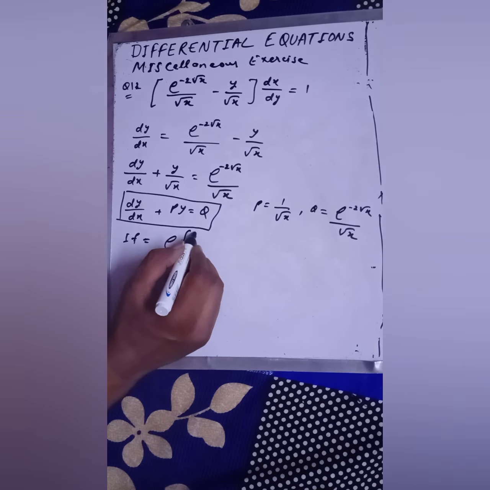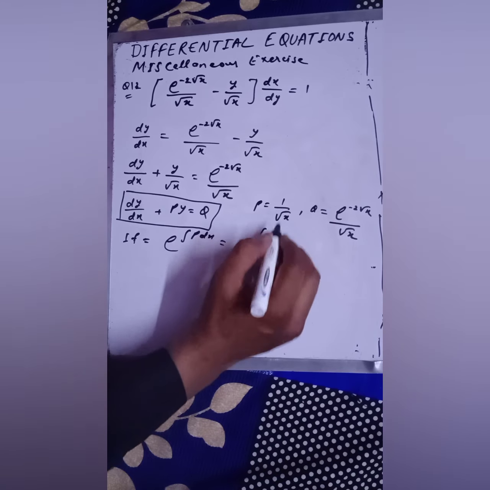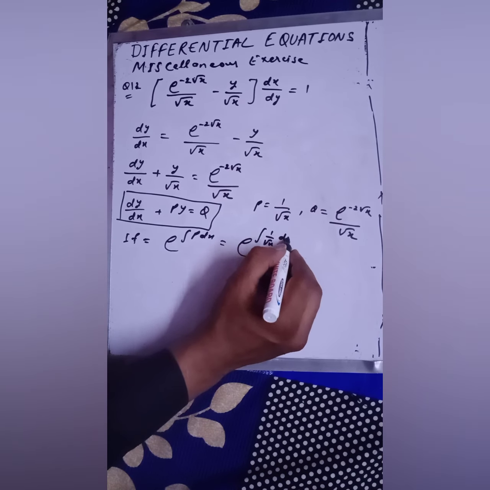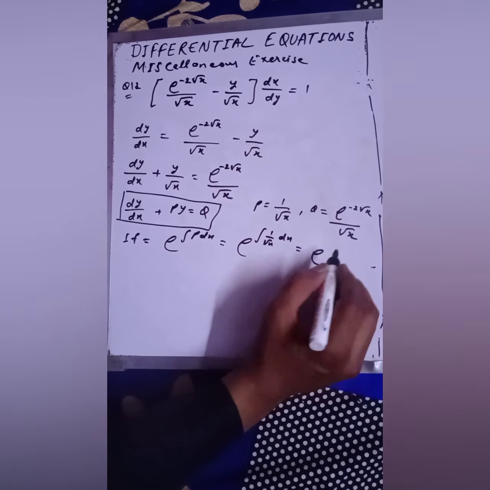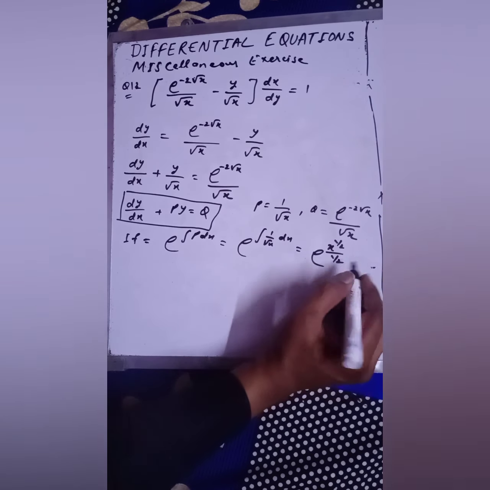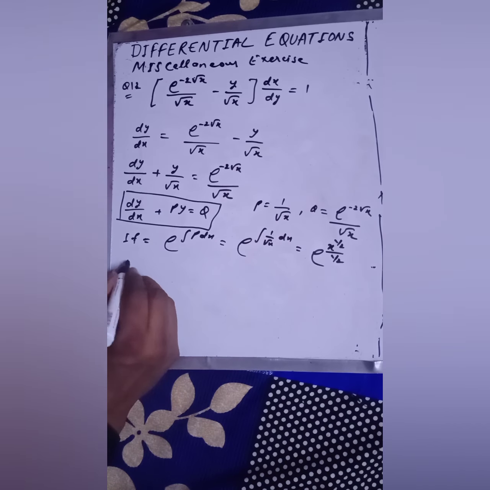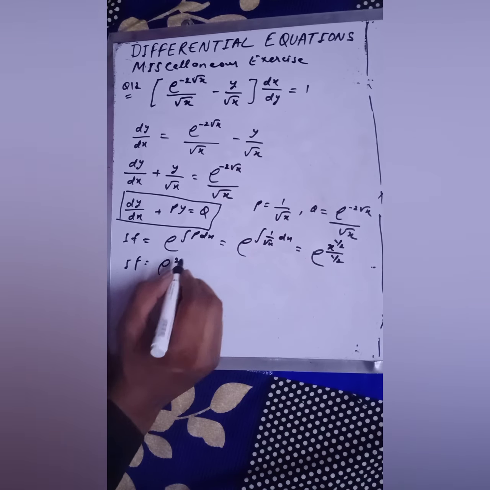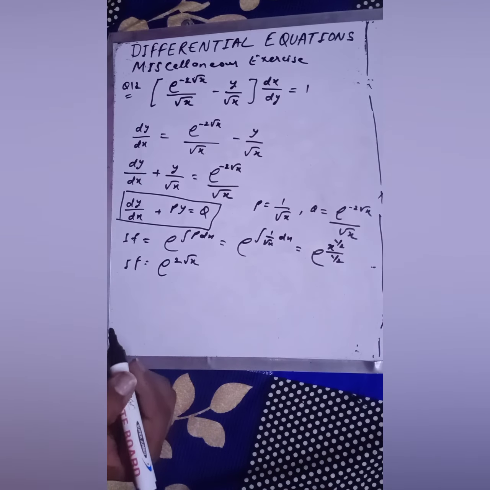So first of all, we have to find out the integrating factor. IF is equal to e raised to power integration of p dx. So e raised to power integration of 1 by root x into dx. So integration, this would be e raised to power x to the power half over half. Yes, this will come. So your final answer would be, IF would be e raised to power 2, that is x raised to power half means root x. This is your IF. Okay.